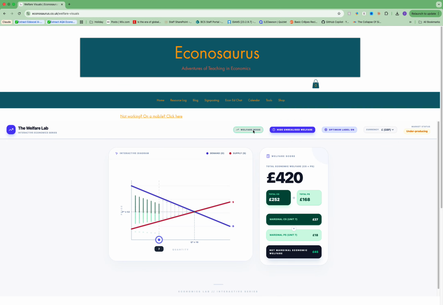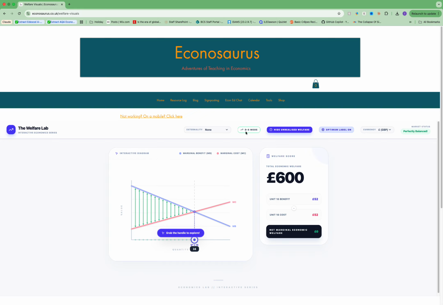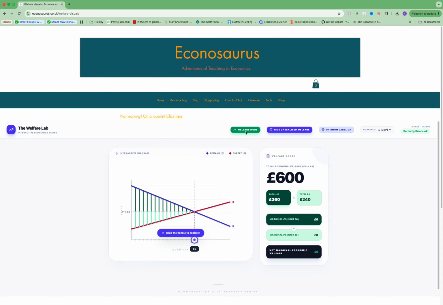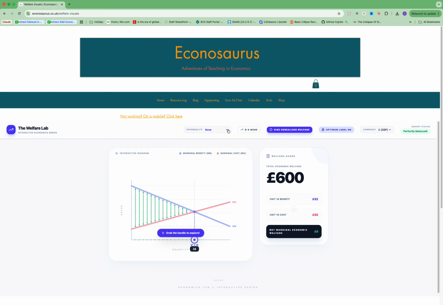I can also put it in demand and supply mode, so in that case it separates the consumer and producer surplus, which is nice, and then you can talk about the negative surplus there. That works the same way, and it's a good way of showing that they're essentially the same concepts shown in slightly different ways. If I'm in welfare mode, that's showing the costs and benefits of the actions. That's the reasons behind the ideas, and then these are the decisions that are made as a result of those ideas. If I'm in welfare mode, I can also